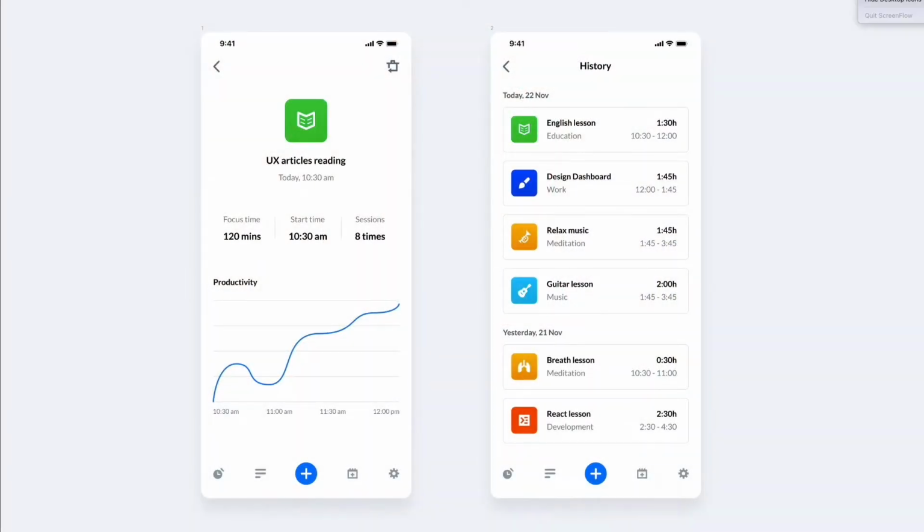Hey guys, Bridget here. In this video we're going to create these two iOS app UI designs from scratch using